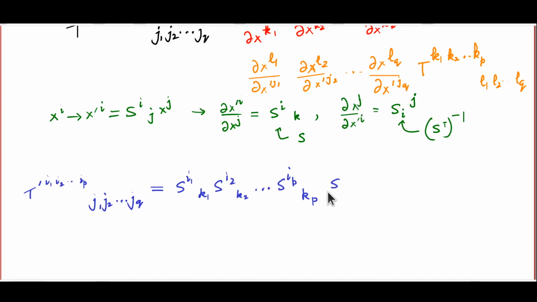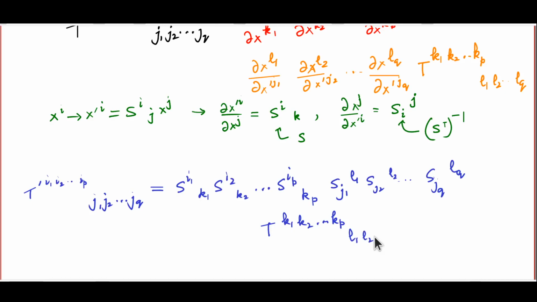These are for the upper indices. For the lower indices, you have covector transformation coefficients, Sj1L1, Sj2L2, Sjp-Lp, JQ-LQ, because that's the number. Q is the number of lower indices. All this multiplying T, K1, K2, Kp,